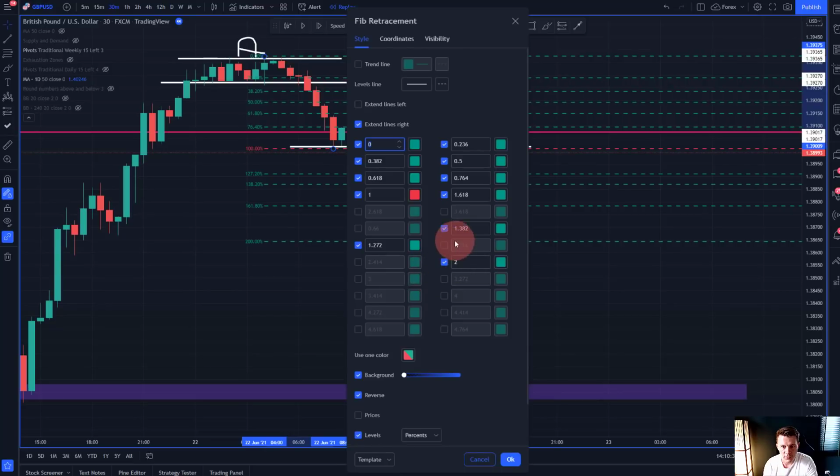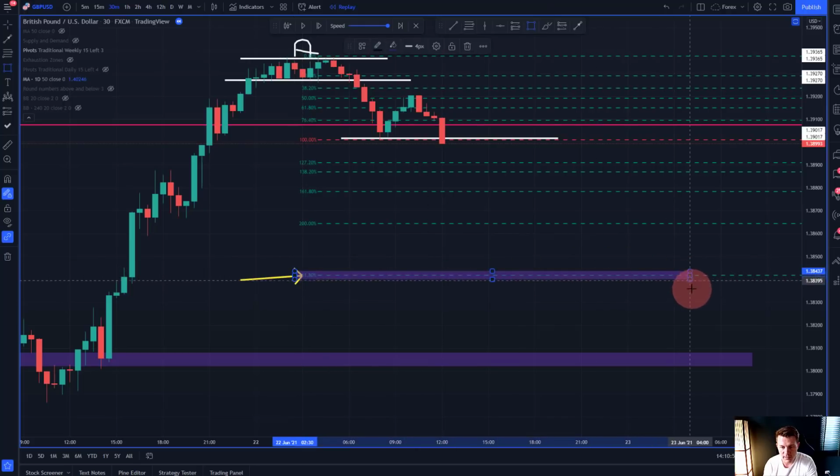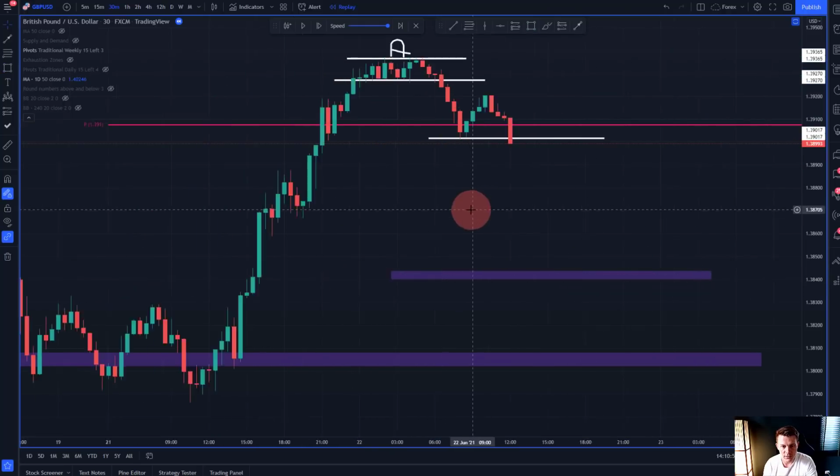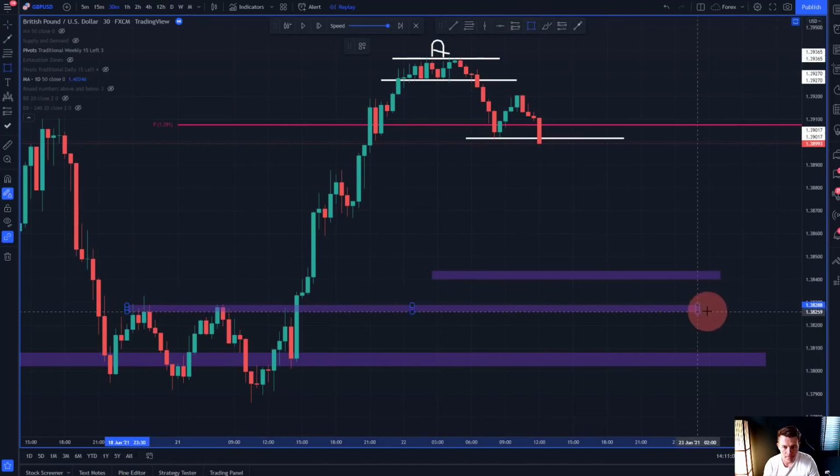You could also turn on the 261, which is a very common one, especially in long and strong trending markets. So this could be our potential target. You can see we have a perfect 50 retracement, so we don't need to keep the fib. We can just remember this is the 261, which is a good target in big trending markets, and it would make sense in the chart context because here